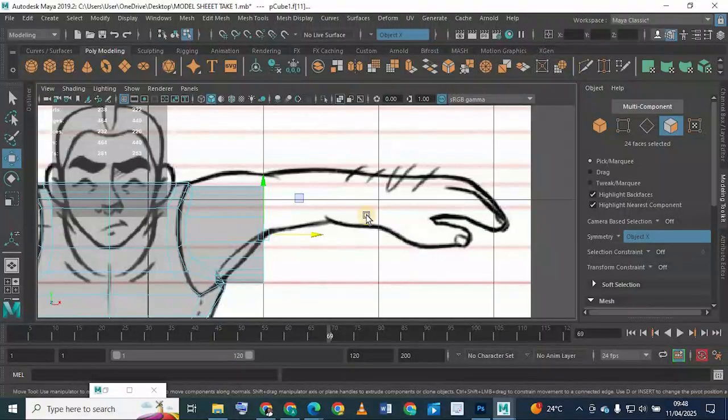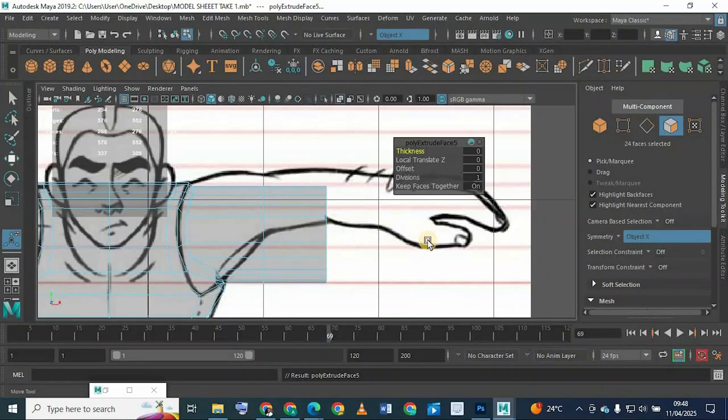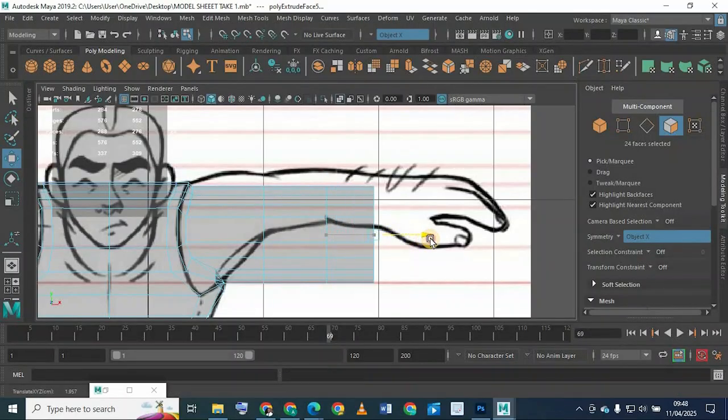Let's see what we can do. So I'm going to extrude again. Whenever you extrude, a line is left behind, you see. So he has another portion of the arm between here. Extrude again. I'm pressing G on the keyboard for the shortcut. Then I'm going to make another portion here. And then extrude again